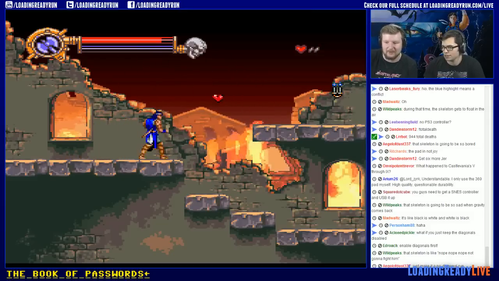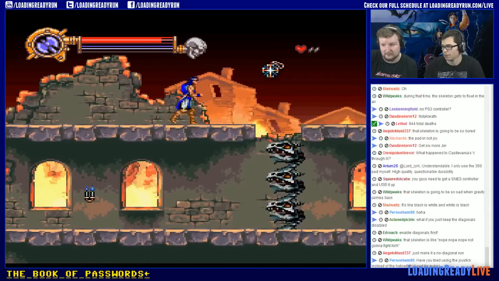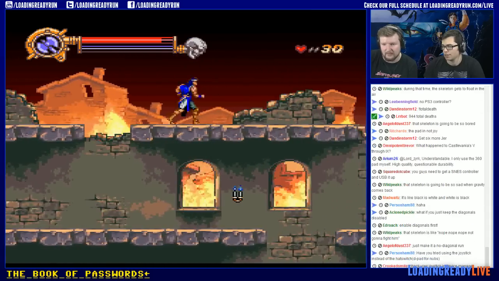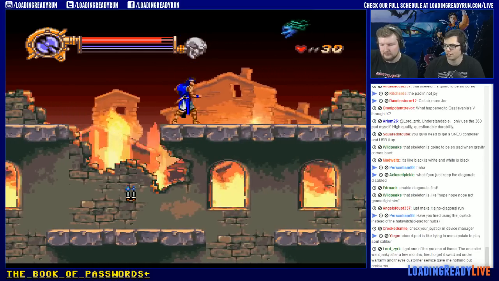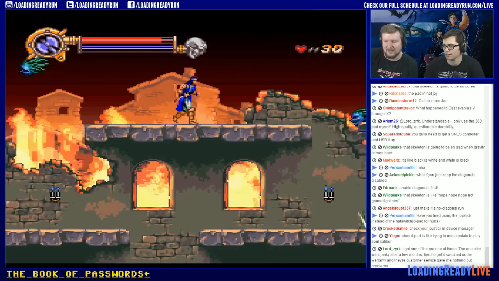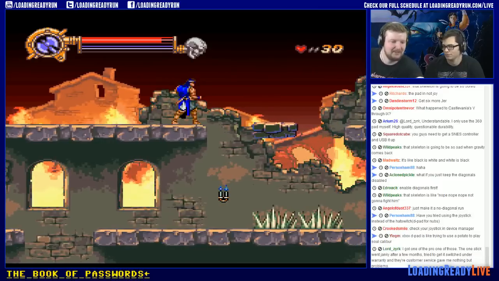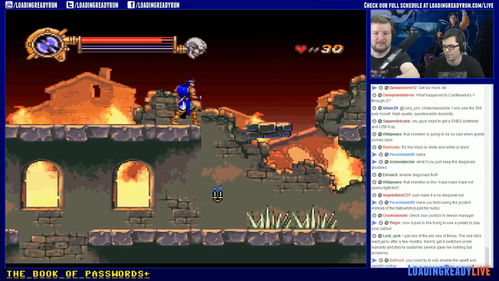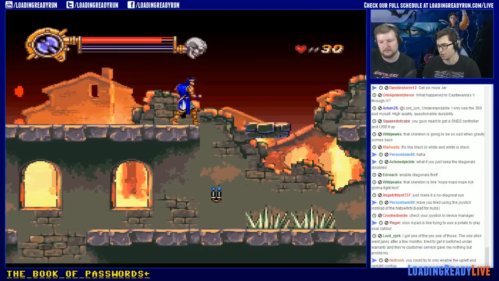Make it a no diagonal run. Yes, exactly. It could be difficult as well when it comes to using the sub-weapon, but we'll see. The hell was that? Oh, that's the kill everything, right? The Xbox D-pad is like trying to use a potato to play Soul Calibur. I believe that. Sorry, I'm gonna plunk. Sorry. Moving that. You can of course choose to do that in an area that spawns Medusa heads. Yep. So,